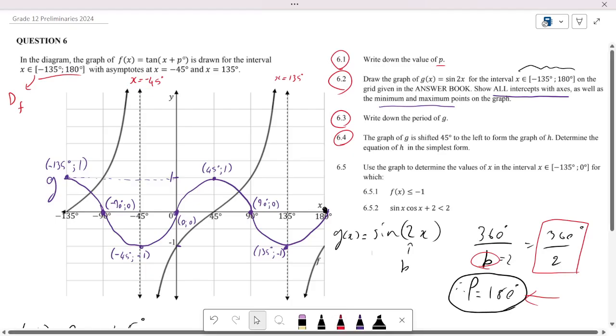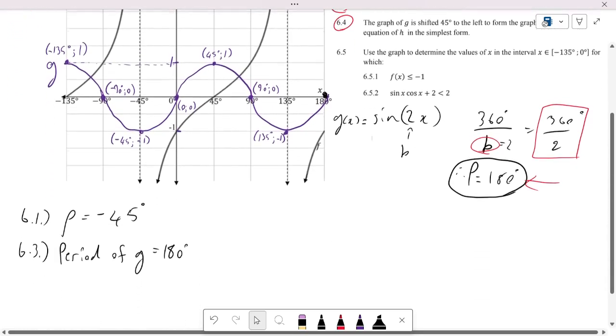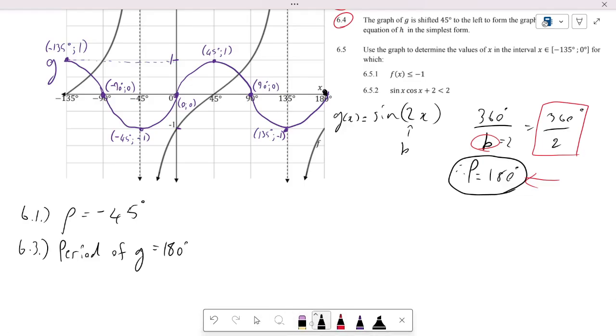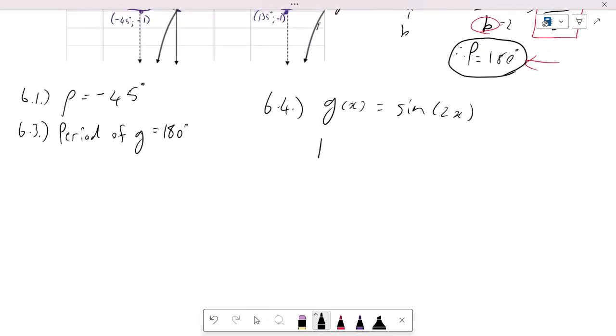So essentially what we're going to be doing over here is we're going to take the sine over here, right? So remember, in 6.4, g of x was equal to sine of 2x, right? And now if we're going to determine our new equation h, we're going to write here h of x is going to be equal to,